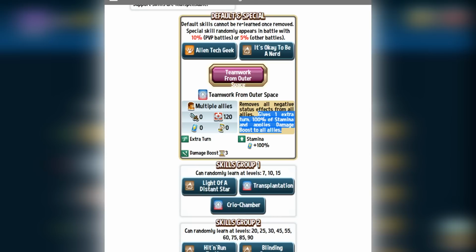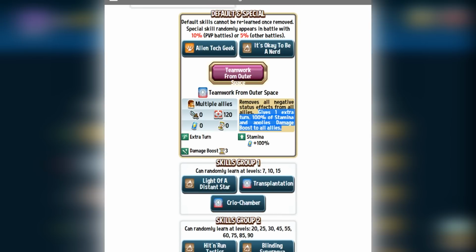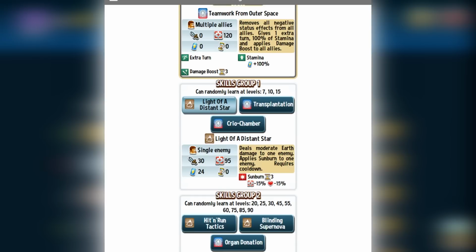Is it too powerful? I know there's other monsters that have ultimates like this. I think Metalisha comes to mind. She can also give everyone an extra turn, although I don't believe she recovers stamina, removes negative effects, and applies a damage boost. This is insane. Anyhow, moving on over to skills group 1, we have Light of a Distant Star, spammable 30